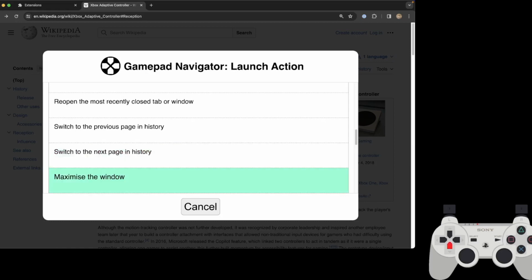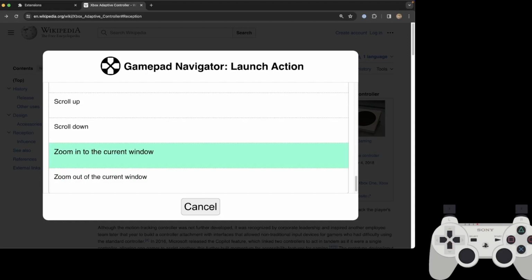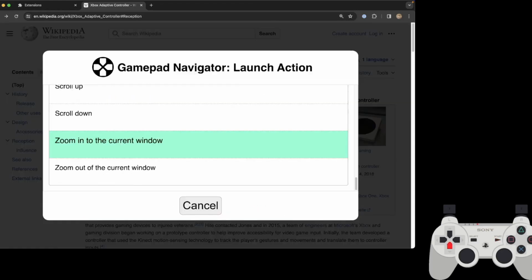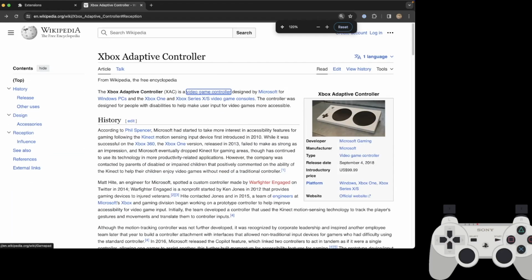I am going to show you the zoom functions. I'm scrolling with the arrows. Let's use the zoom in function, again with the click button. Okay, and now let's try it again and use the zoom out button. And the last action I'll show you in this video